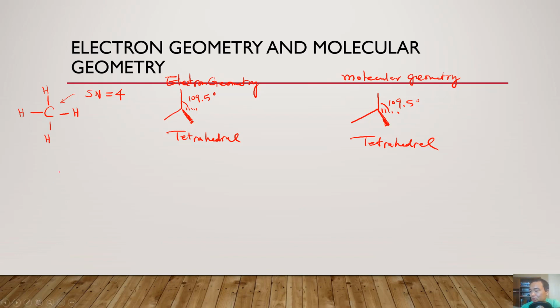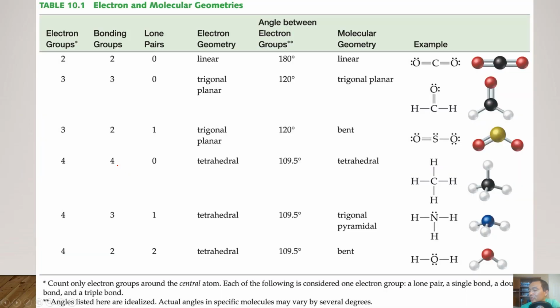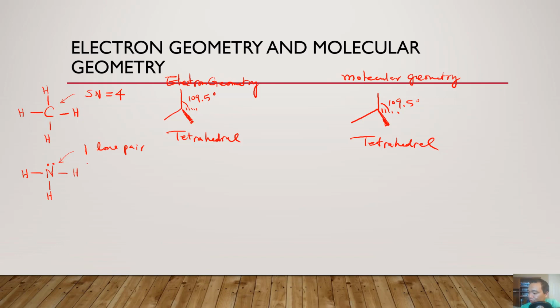What if you have one lone pair for steric number 4? For example, NH3, ammonia. So when you draw the correct Lewis structure and look at the drawing, on the center atom you have one lone pair, and you have 3 single bonds. That's 3 bonds. So 1 plus 3 gives you a steric number of 4. So the electron group shape is still the same, which is tetrahedral. The bond angle is 109.5 for all tetrahedral shapes. However, for molecular geometry,